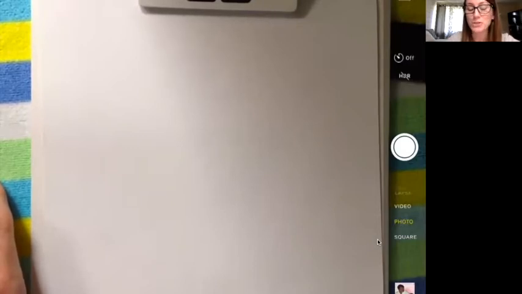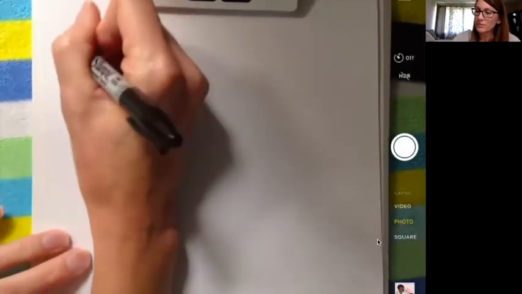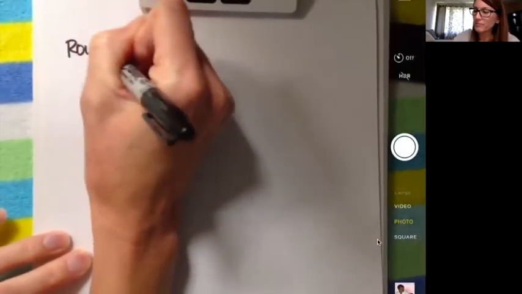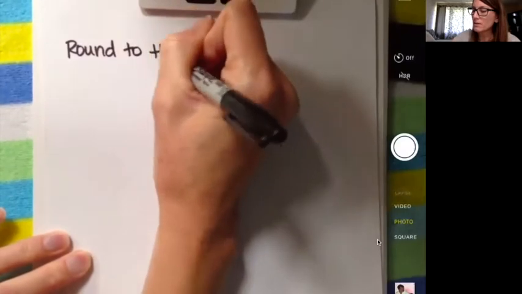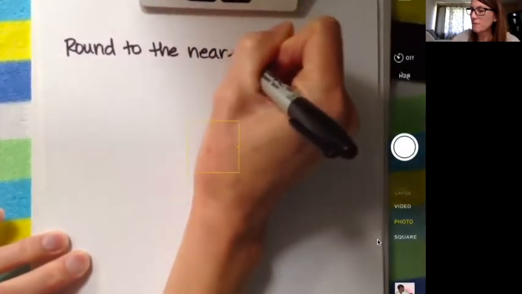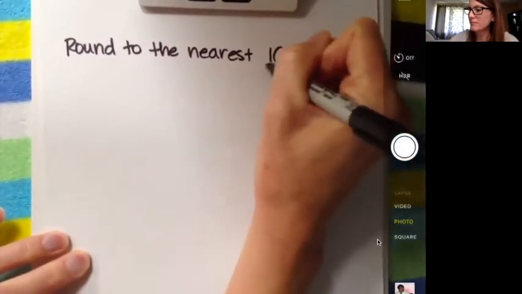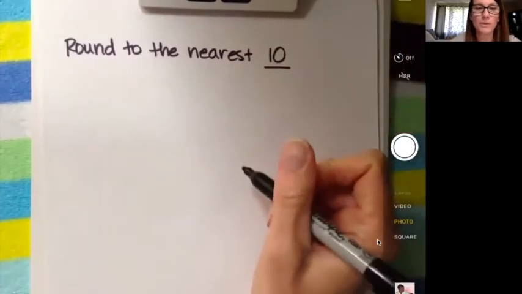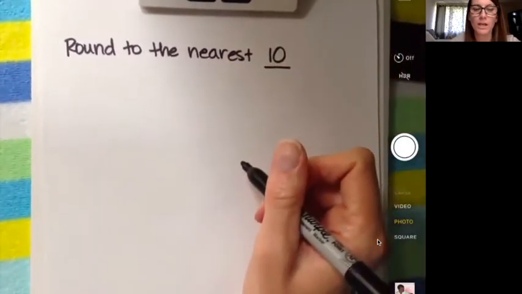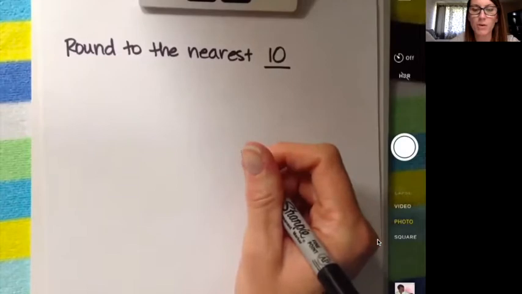Okay? When you're rounding numbers, you're basically figuring out a number that that number is close to. And so today, what we're going to focus on is rounding numbers to the nearest 10. So let's say round to the nearest 10. Okay. All right. So when we're thinking about rounding to the nearest 10, we want to think about picking